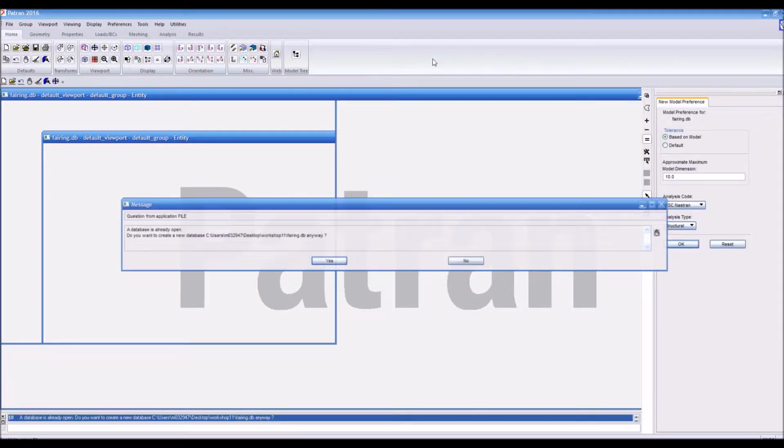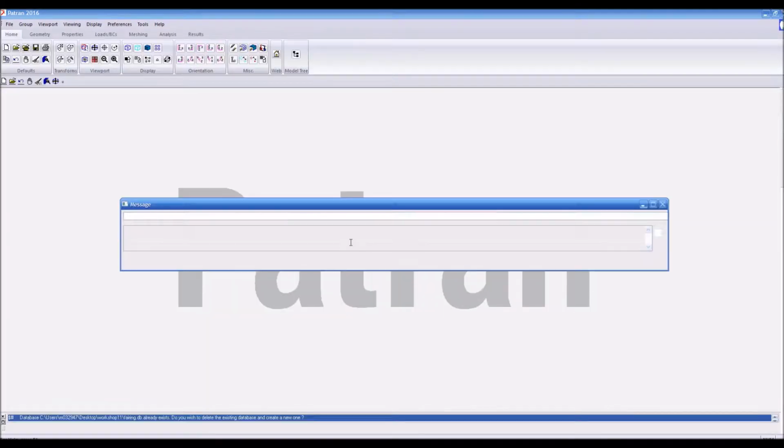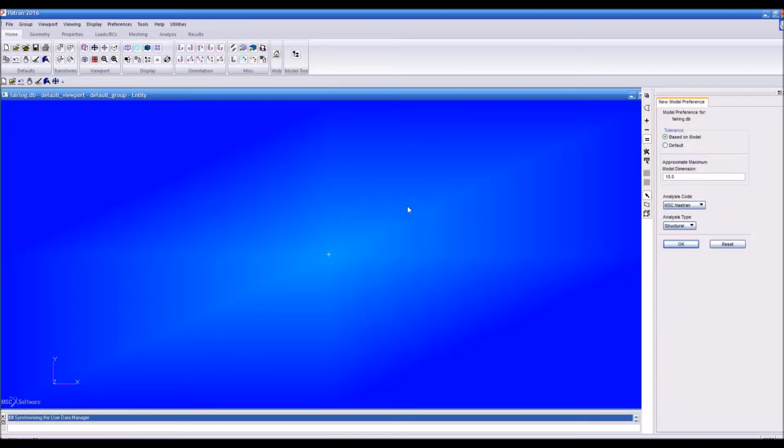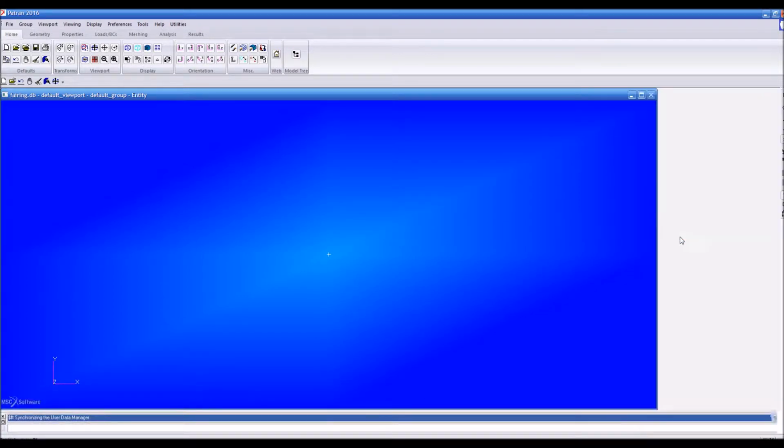We will start creating a new database. We're going to set the tolerance to default. Make sure that the analysis code and analysis type are set to MSC Nastran and the analysis type to structural. And then we click OK. Then we're going to start